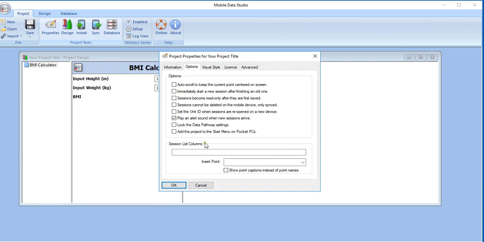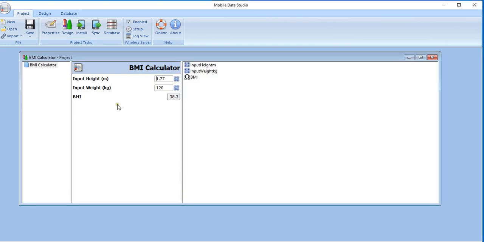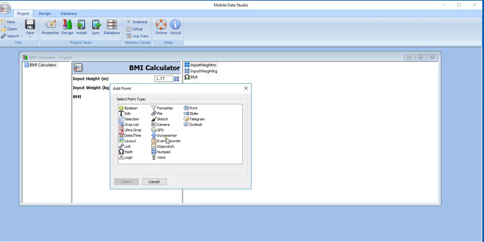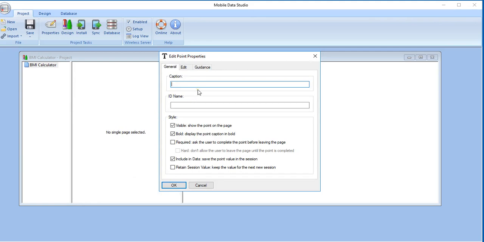So for example, if we sent this project to our iPhone and we were working out BMIs for lots of different people, like I do in my day-to-day work, we would need some way to differentiate one from the other. So we might want to have the date, or the location or something like that. So what we would then do here, we could right click and add a point, and that point could be just text, and that text could be